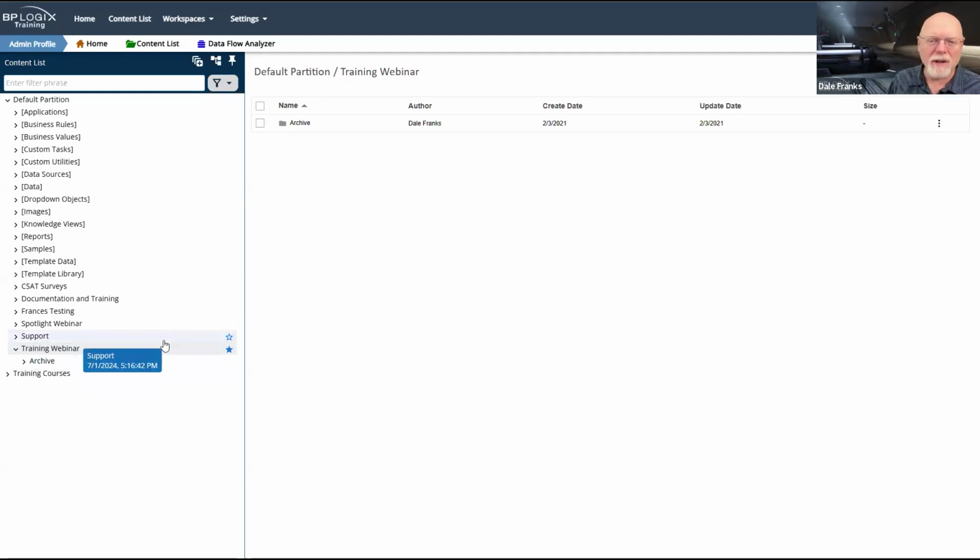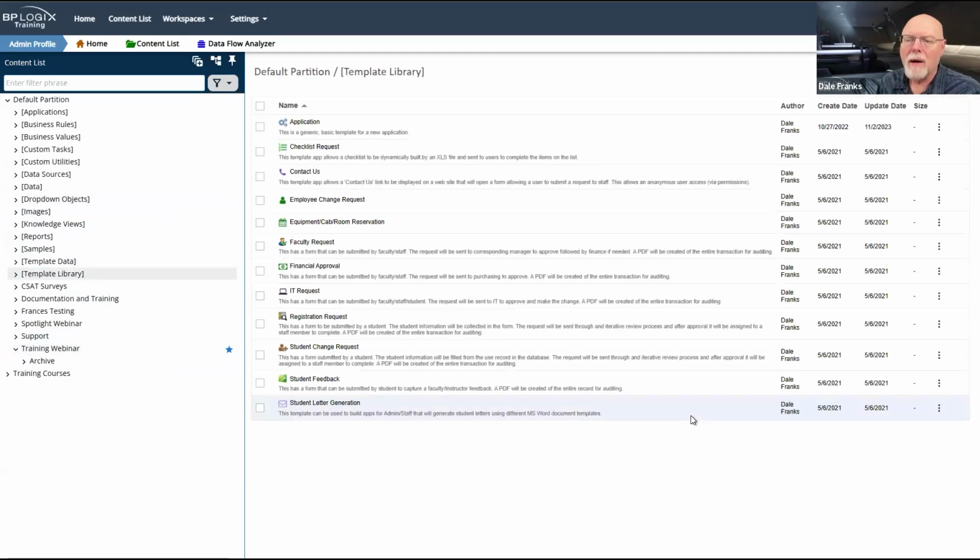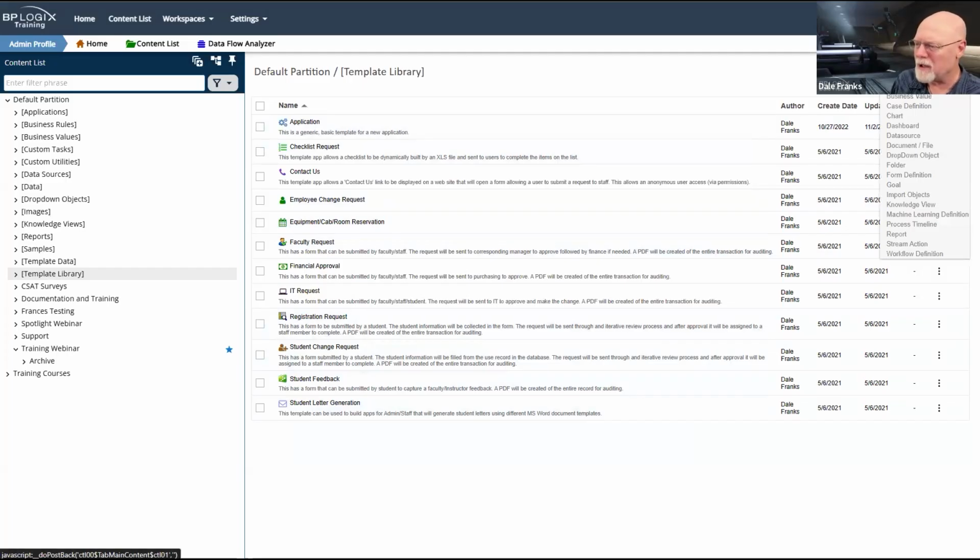And on a dev system, since most people usually aren't working on it, it's probably fine to build something directly into the template data folder. I'm going to go ahead and do that here because we're going to just build the form, the process timeline, and a very generic email template. And we're just going to drop it into our template library folder. But just to be clear, you don't have to do it in here. You could do it somewhere else and then just move it in here when you're done. But we're going to go ahead and do it in here because this is a development system. Nobody's on this machine but me.